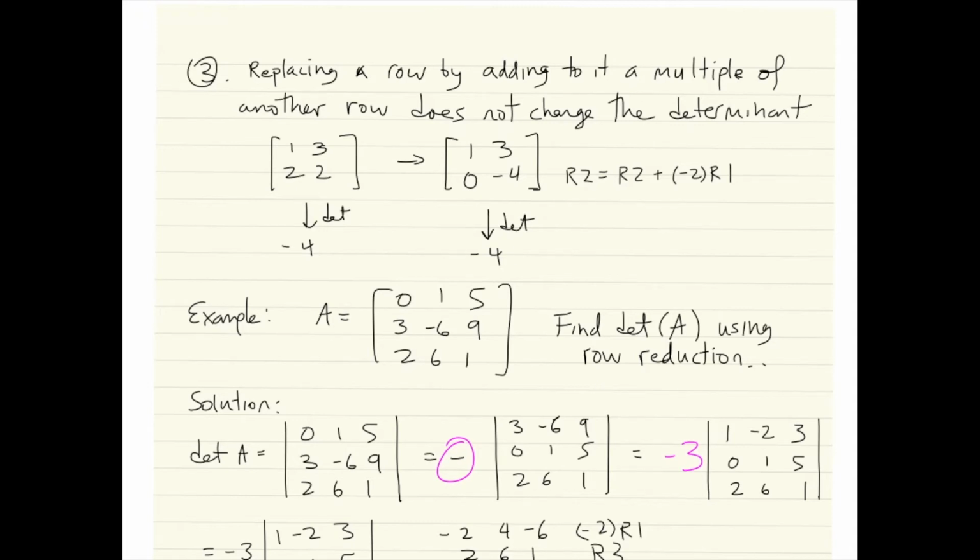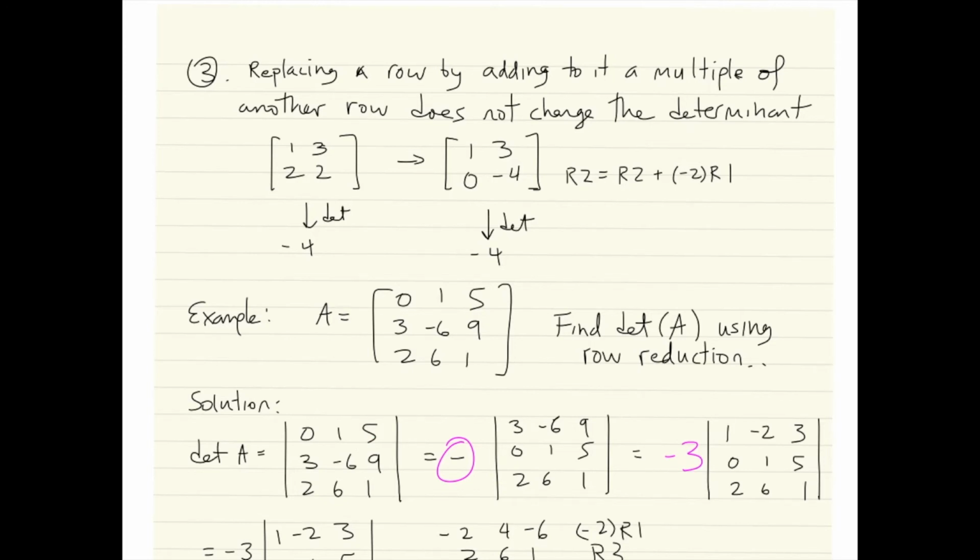So here's an example. We've got this matrix here, and the question is to find the determinant using row reduction. Some operations involved in row reduction do change the determinant slightly, whereas this one here does not. Okay, so we're trying to find the determinant of A, and here's our notation. The vertical lines just indicate determinant. Then again, there are many different steps, as you know, in row reduction. Here, let's see, what have I done? Well, because there's a minus sign, I must have swapped 2 rows, and that's indeed what I've done. I decided to swap